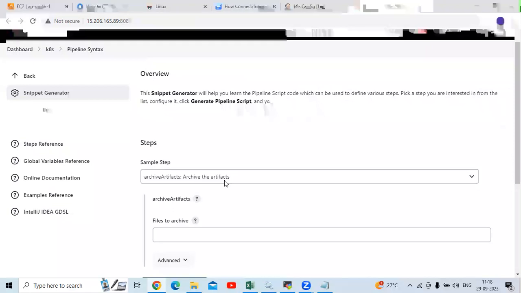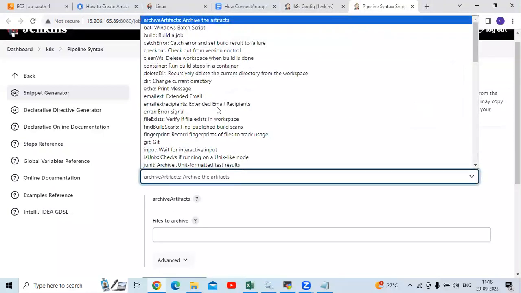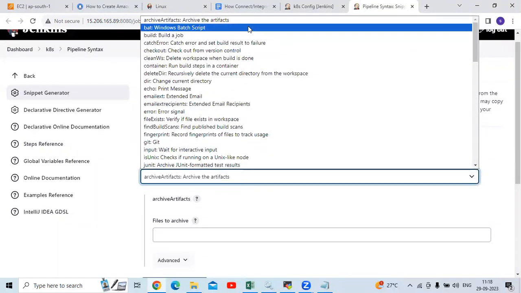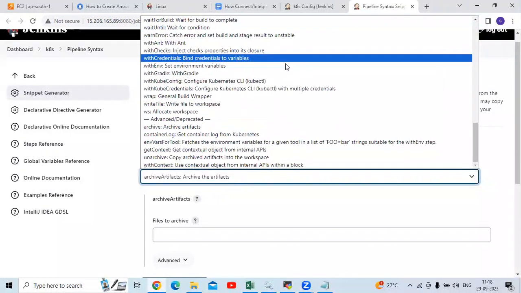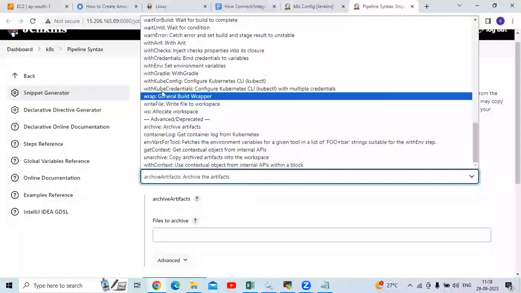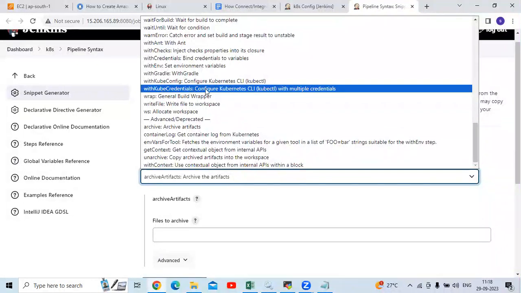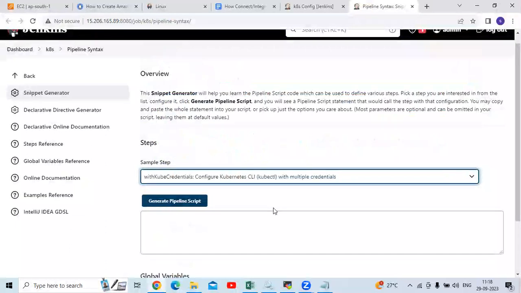So if I click and scroll down, you can see the multiple options here. So we need to select this one. Here, let's scroll down, and here we need to select this: with Kubernetes credential, configure Kubernetes CLI, kubectl with multiple credentials. We need to select this. Okay. And after that,